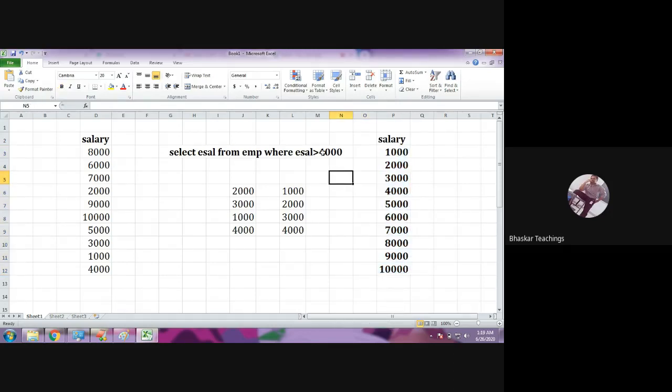So the answer is you can apply a normal index and a reverse index also on a column, based on the number of queries only. If people are more often or more frequently querying the least data, then you would go with a normal index. If people are searching for bigger data, I mean the highest salary data, then you would go for a reverse index.